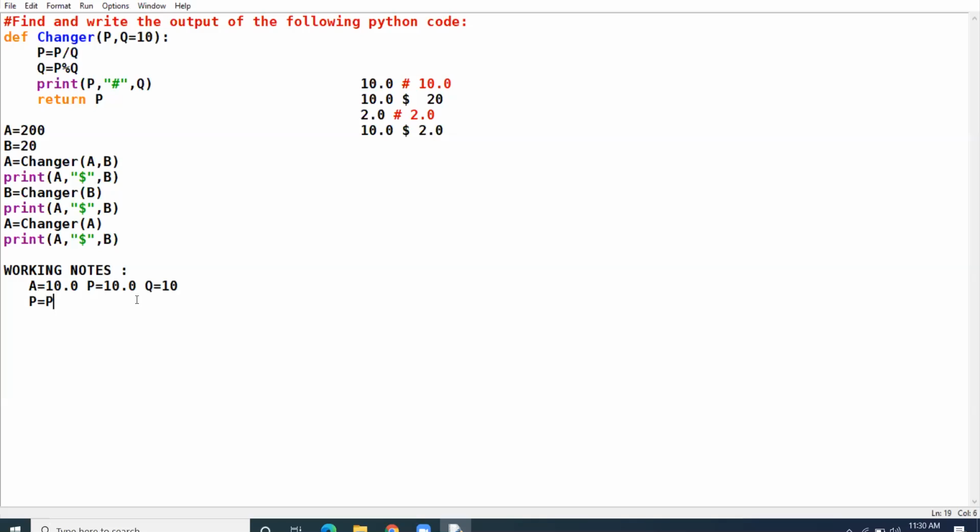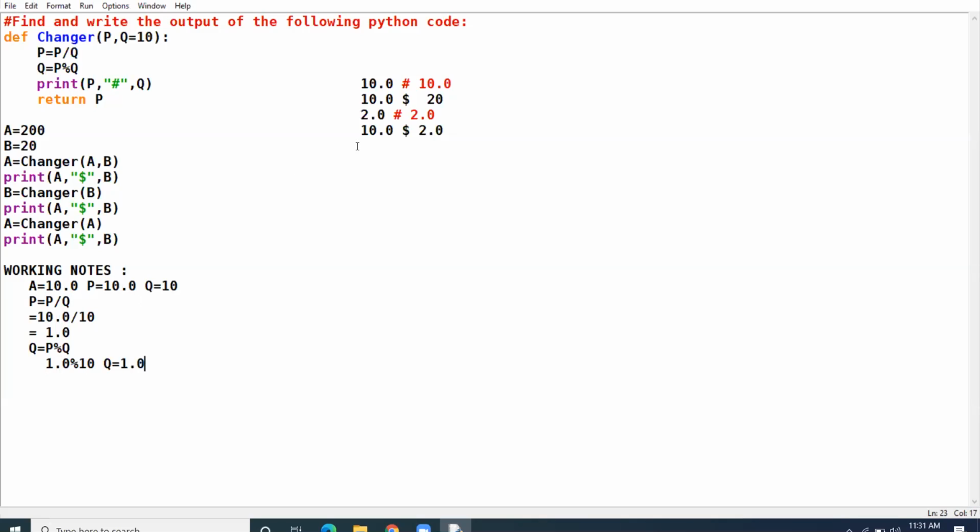P equal to P divided by Q, which will become 10.0 divided by 10, that is 1.0. And Q will take the value P modulus Q. P is 1.0 modulus 10. So Q will take the value 1.0.